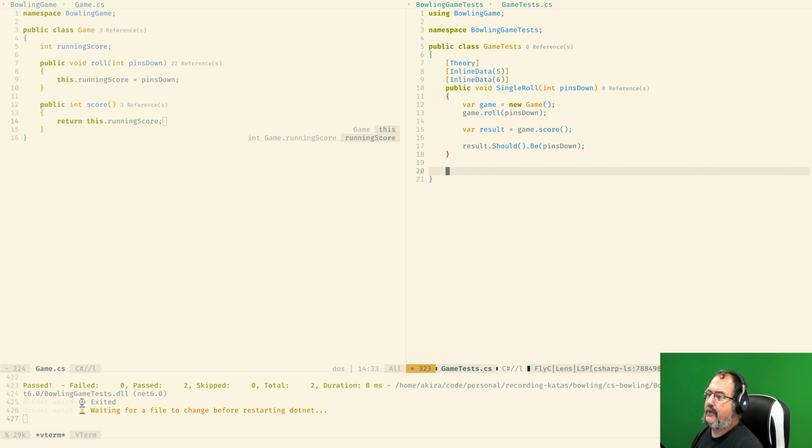But what we can do now, we have the idea of a single roll. It's going to have the idea of multiple rolls. What happens if I run multiple rolls? What happens with the score?